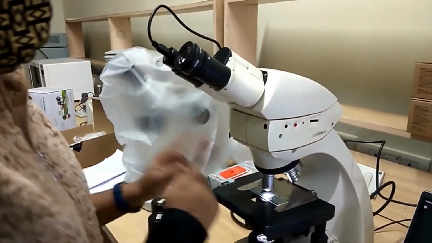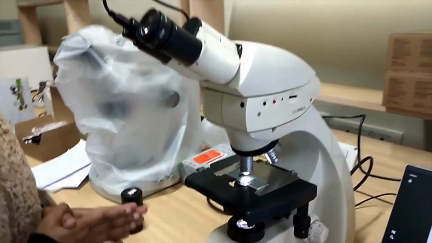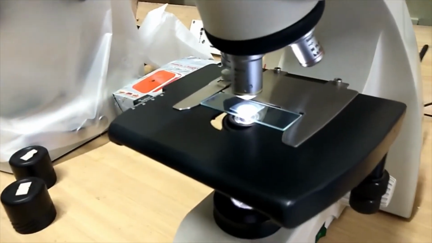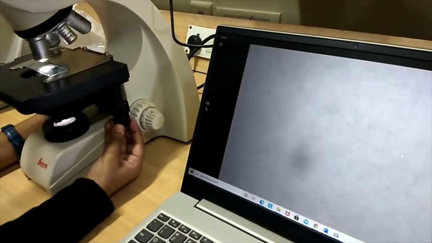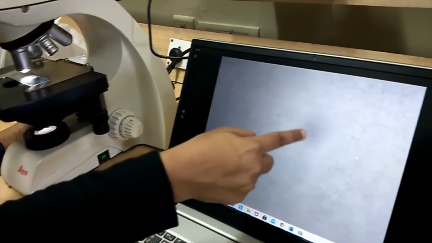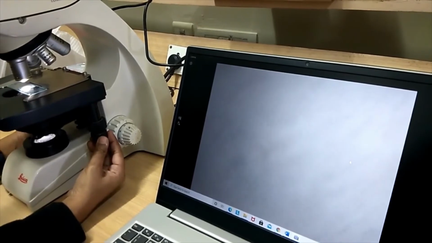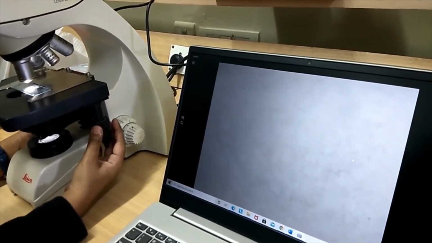So now I have kept my sample in focus under 10x magnification, and you can see on the screen how the sample looks. It basically is displaying some small fibrous structure. If I move around the sample, you can see there are a few things which are not desirable. So while imaging also, it is always advisable to take an image of a uniform face.